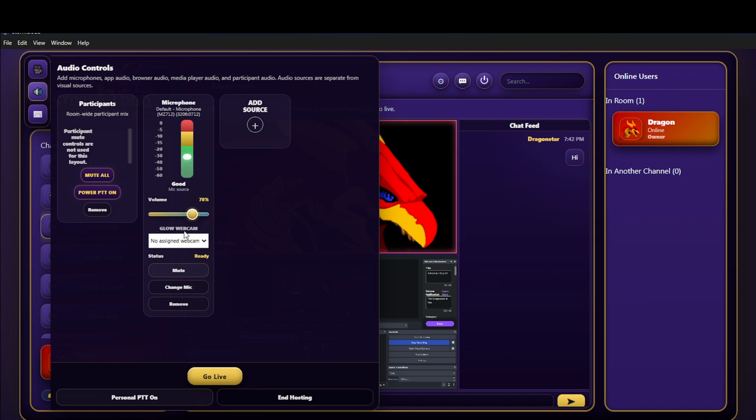You can control your volume. You can choose where the glow is going to be. You can see it actually working in the background. So when I talk, it highlights in the back. So if you have multiple people, you have 8 cameras, you'll get that little glow effect. You can change your mic whenever you want, or if you want to remove it, you can remove it. But in this case,